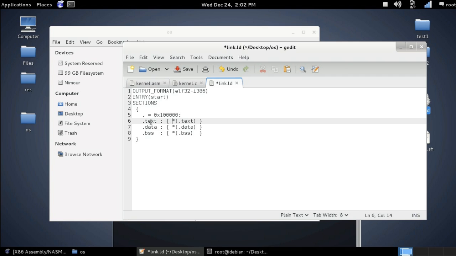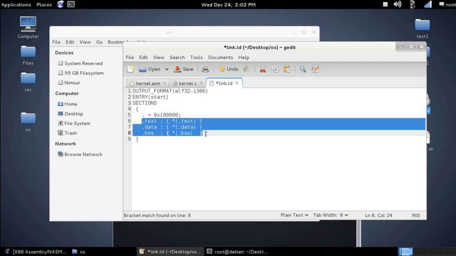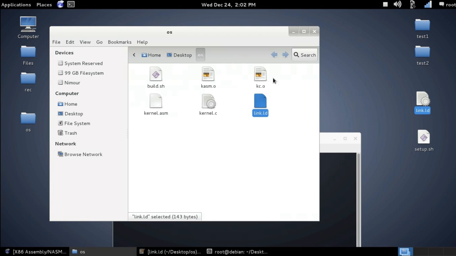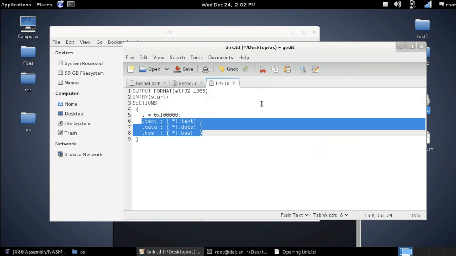So you don't have to care about these because we're going to be explaining them later when you need to. And then after you're done, hit save. And then to compile, to link these two files together with the aid of a linker file that we have